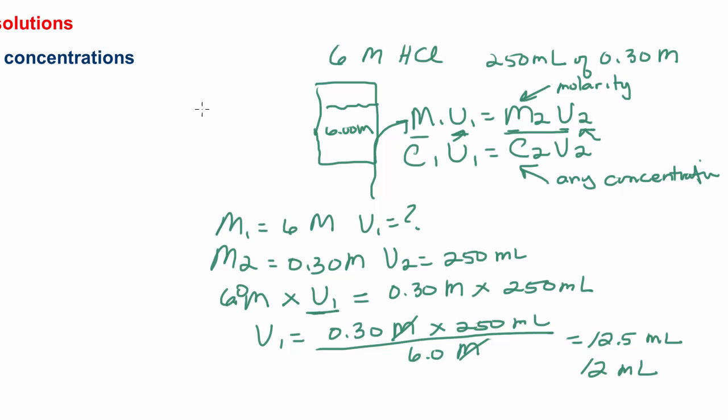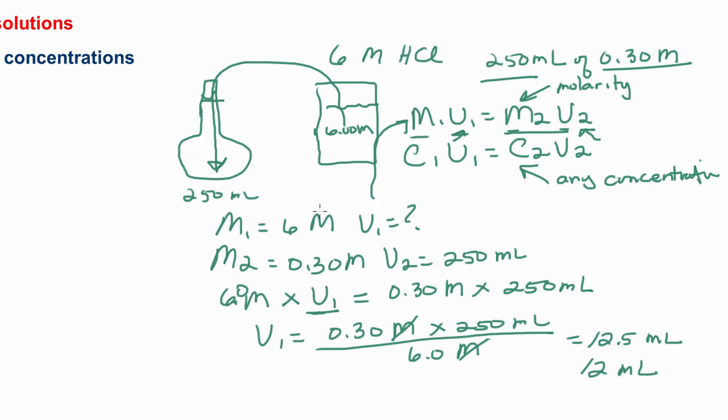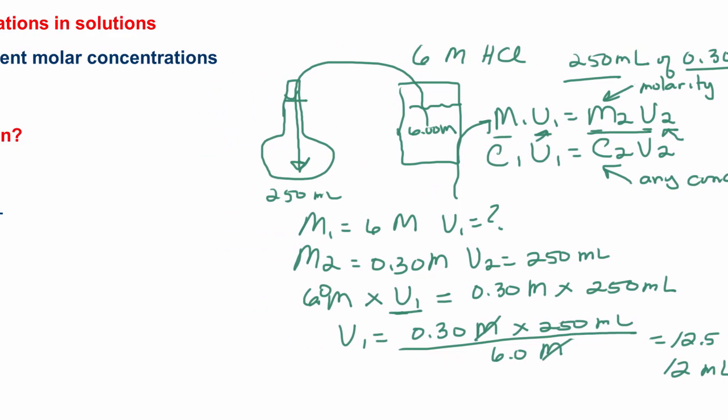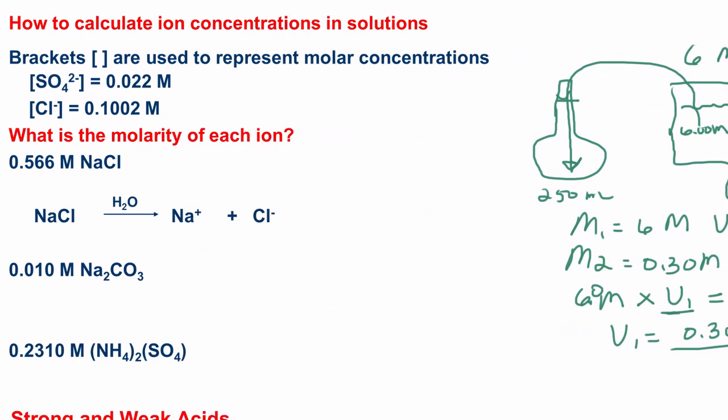So what I would do is have a 250 milliliter volumetric flask. Sorry, my drawing is awful. I would remove 12 milliliters of the 6 molar hydrochloric acid, put it into this flask, dilute to the mark with water, and that would give me 250 milliliters of a 0.3 molar solution. Okay, so practice these molarity problems and also the dilutions. Now, let's go back here,